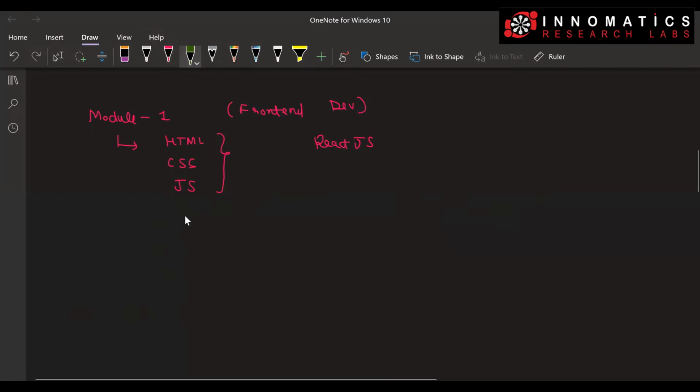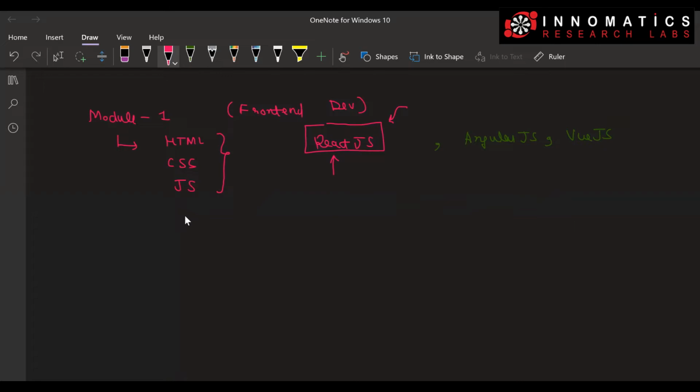Other frameworks available in the market are AngularJS, Vue.js, etc. We are not going to focus on AngularJS or Vue.js. The reason being, AngularJS and Vue.js have a steep learning curve when compared to the React.js framework. Building front-end applications using React.js is fairly simple, and all the things can be done by React.js itself, right? So as a part of this course, we are going to focus on the React.js framework.